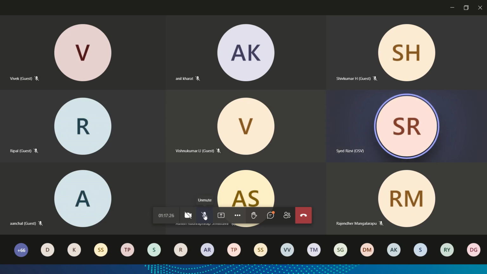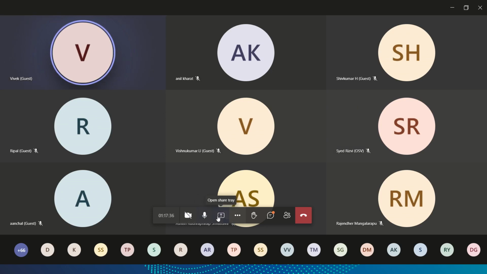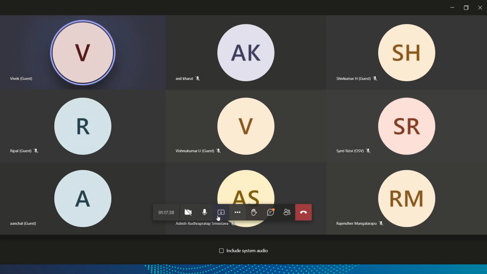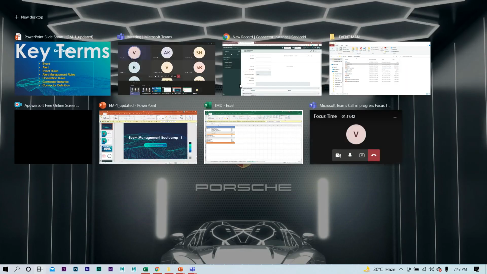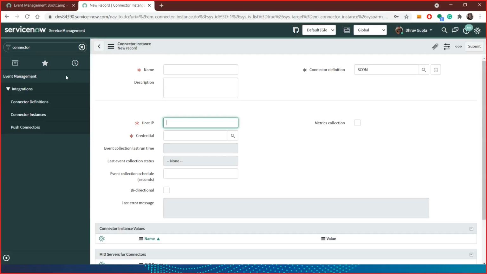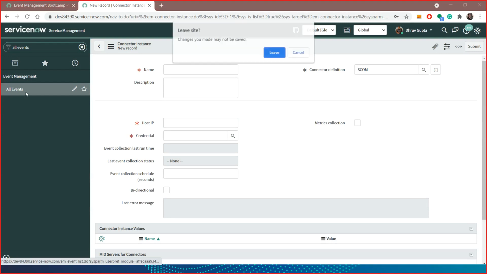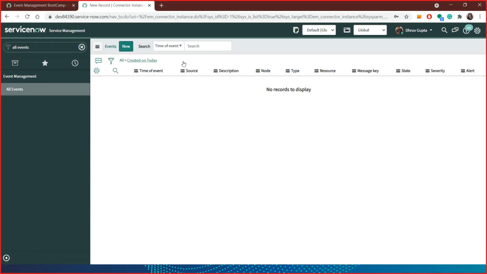Regarding the duplication, Vivek, what's the answer? It's about the message key to identify each event uniquely. I haven't touched it, so I'll just quickly show you. Basically, there is one parameter called message key that will be unique, and that will be used to bind the events.